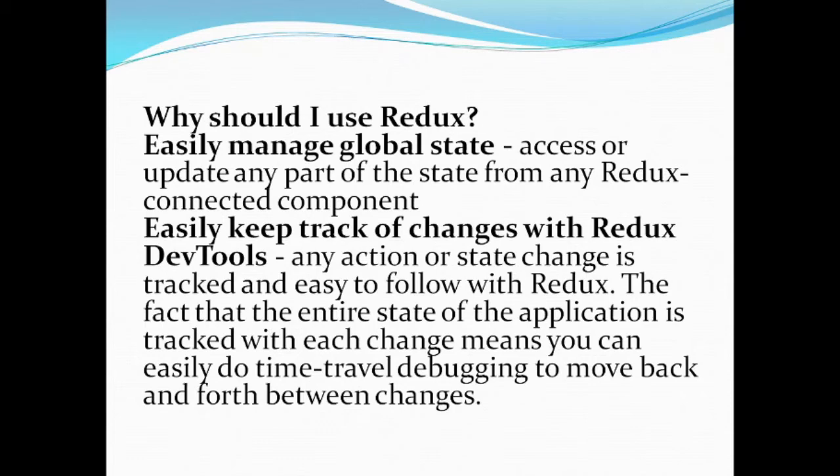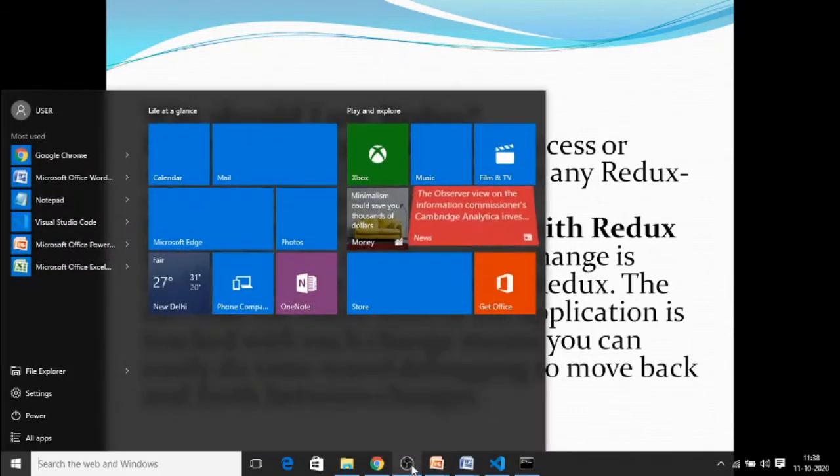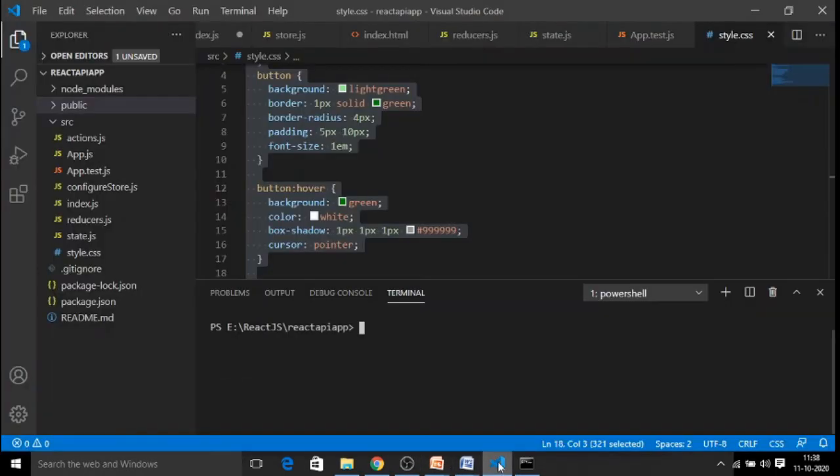And Redux can be integrated with many other third party tools like dev tools, as well as middleware like the Thunk library or the Saga library, and also HTTP API libraries called Axios and Fetch API to integrate with any backend application. So let us dive into our hands-on application.